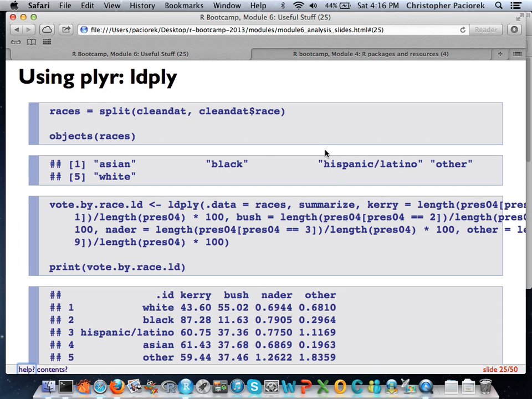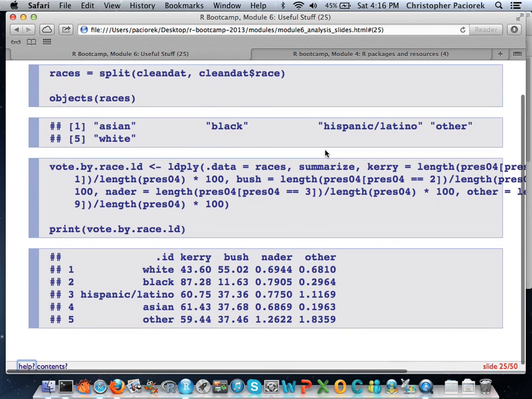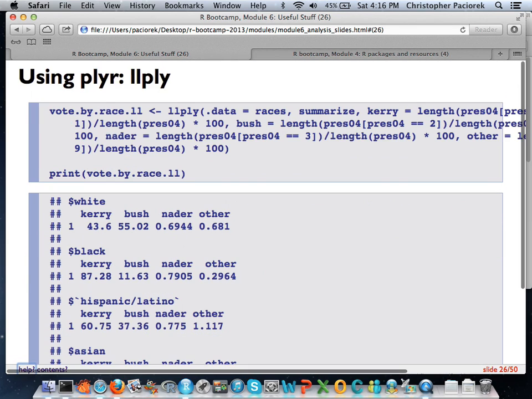This comes from the second hard way of tabulating. It's going to apply the same function here, basically with summarize, and then it gives you all the percentages for the different candidates. And again here, it's going from this list that we split and giving us a data frame with the voting results that we were interested in.